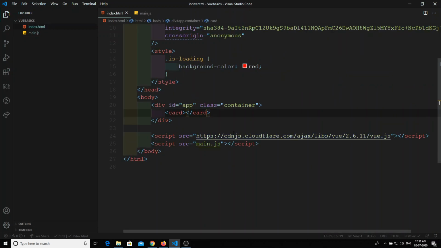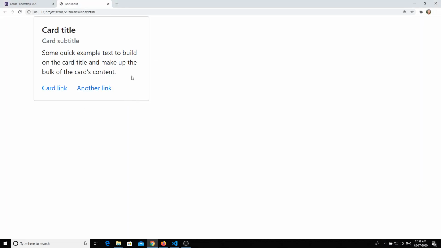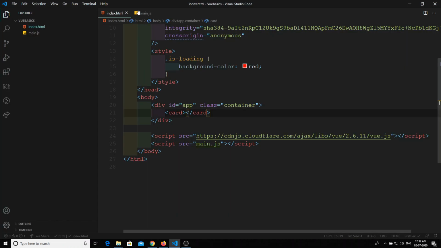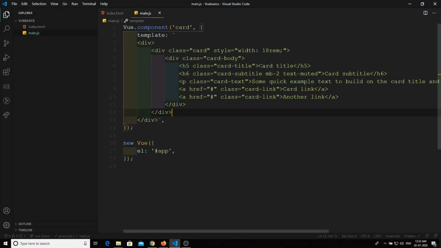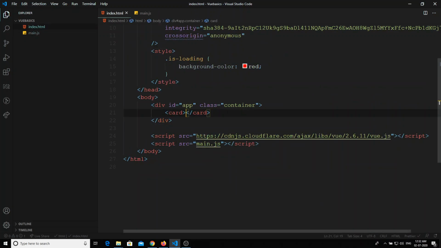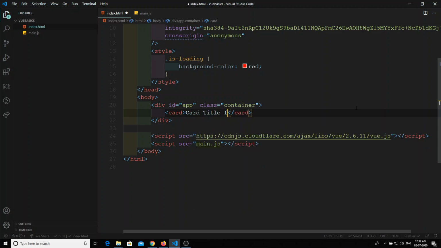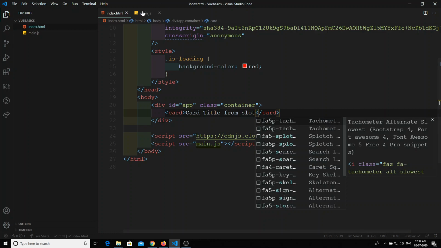Now when I use it here, let's check the output. So we will go to Reveal in Explorer and we will open the output. Yeah, so this is the simple example we had. Now what is my requirement? For example, here the card title I need to give from the component level. So what we can do here is write the slot. In the component section we have learned about this slot. If I mention this slot, then in between these components, whatever data I have wrapped here will be displayed in between the slots.